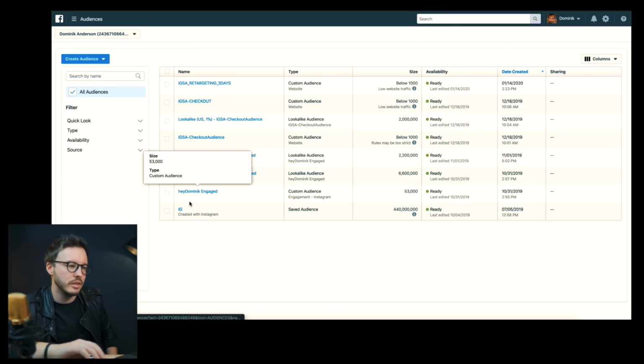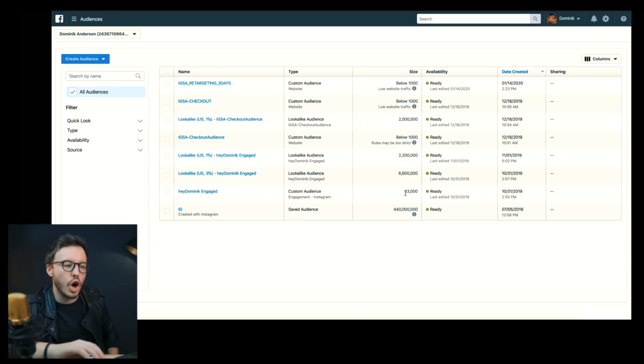I already have done that. For example, as you can see, there's already an audience for me, 53,000 people. I created it last year, and I've used this to get so many new people in there who are interested in what I do, and people who actually convert over to become fans, which is the great thing. And this is the secret hack that I wanted to give you in this video. Don't tell it to everybody, it's just between you and me. Anyway, go ahead, use this to your advantage.